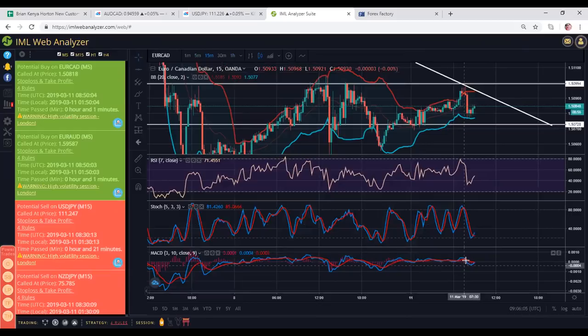So what you're going to notice is that when the MACD has crossed, if you found this trade, let's say minutes after the alert was called and you see that you have a confirmation, however, the MACD has already crossed, it's pretty much moved. You don't want to enter here in the middle of the momentum. You want to enter close to a level of structure where you have a major higher high or lower low, because if we look here, right here where we have this resistance area on this 15-minute time frame,